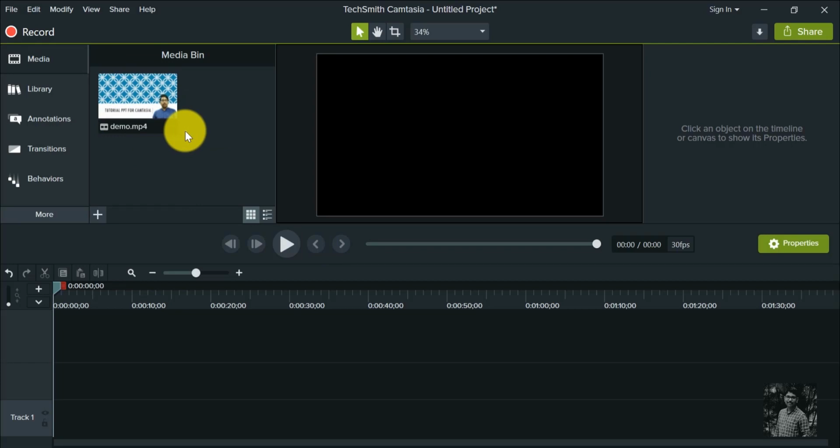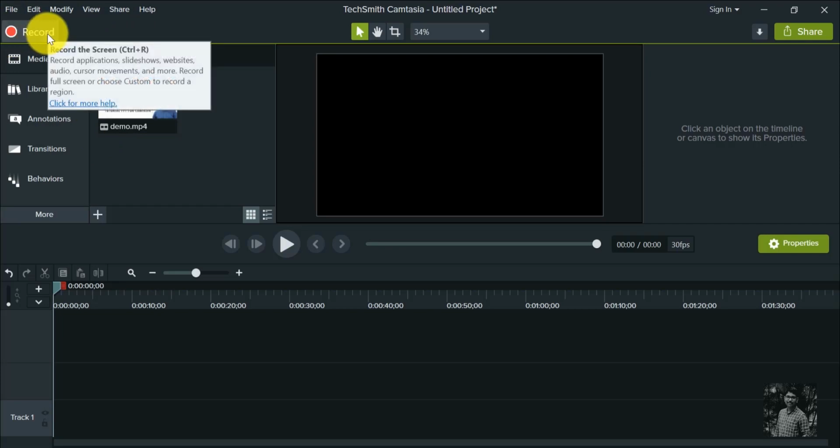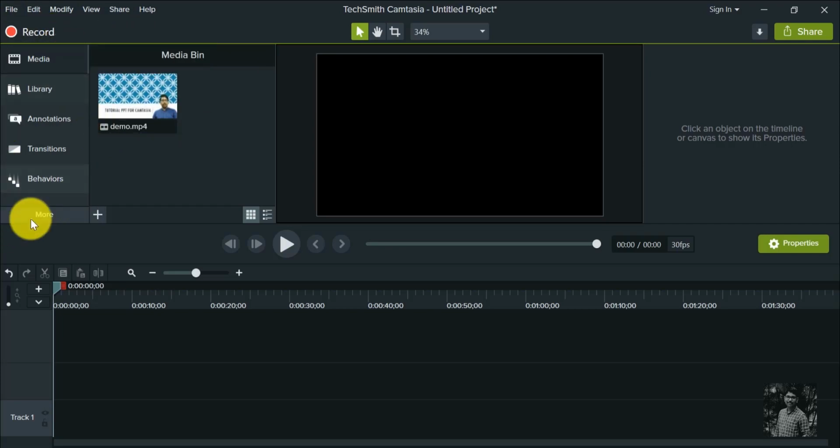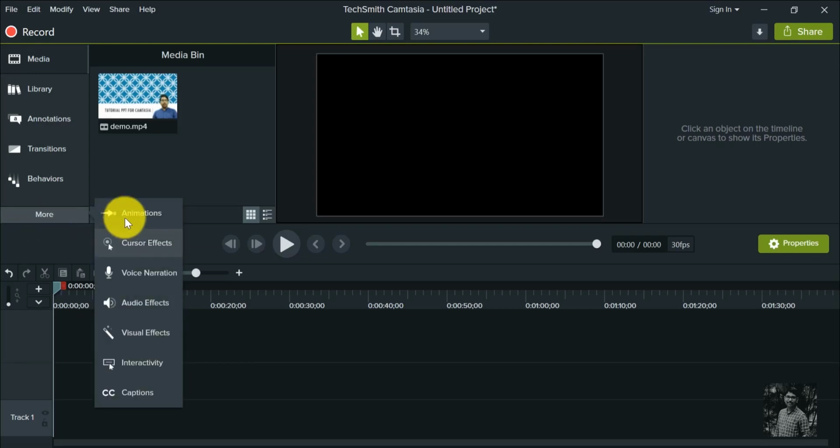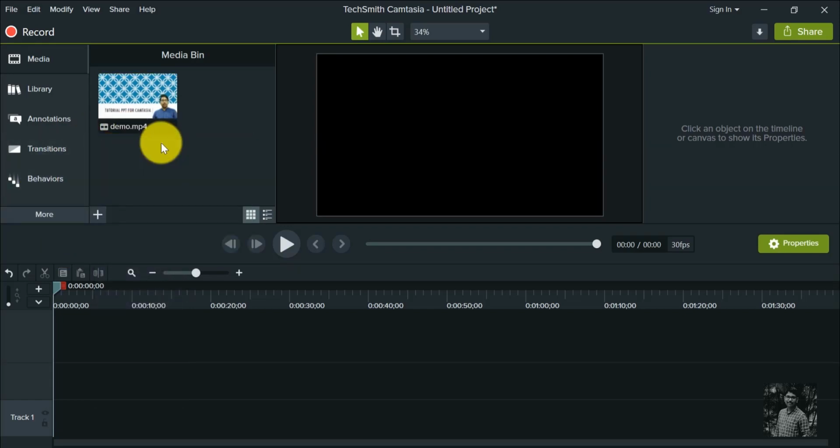So before learning how to do the editing, let's understand the basic interface first. Okay, here you are having a general menu bar associated with any software. Here you are having a record option which is used to start recording. Here you are having various features. If you click on more, you will be having some more features. So you are having almost 10 to 12 features which you will be applying to your output video to make it more attractive. And all these features are associated with some more additional settings called properties that you can edit on the right hand side.